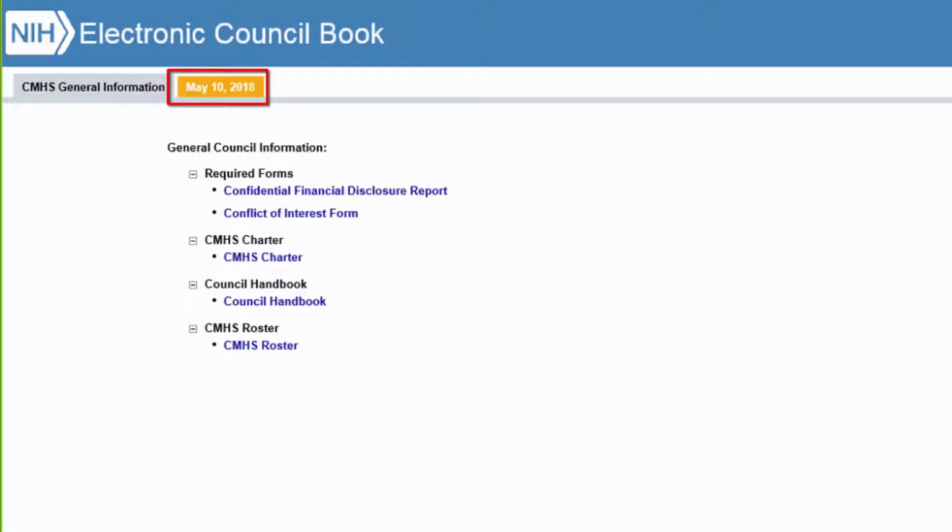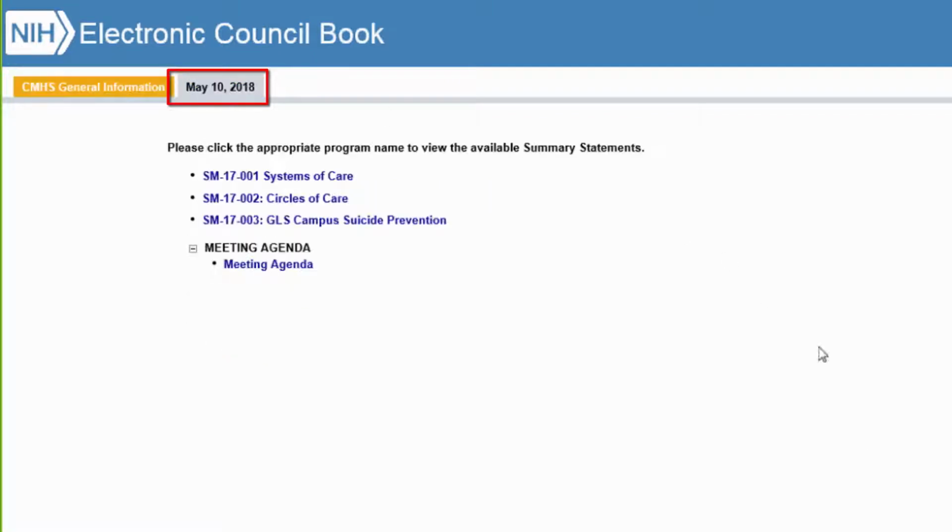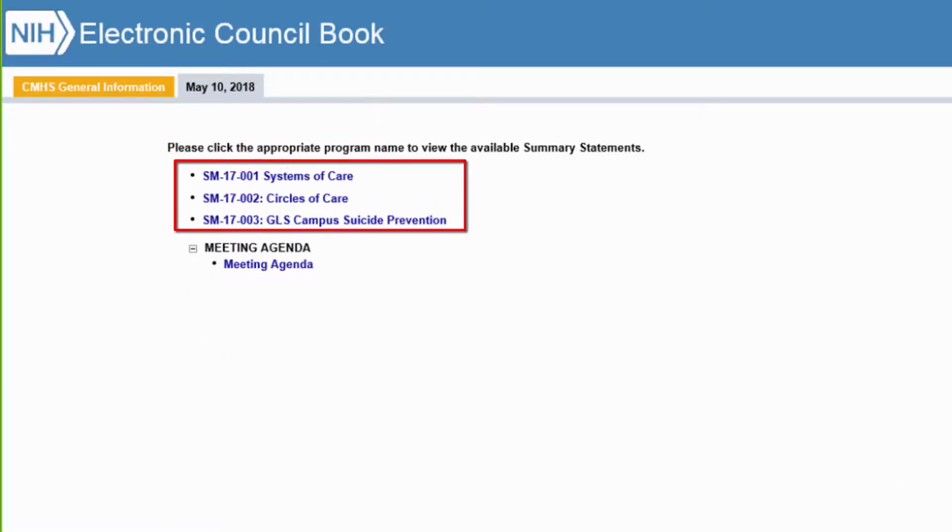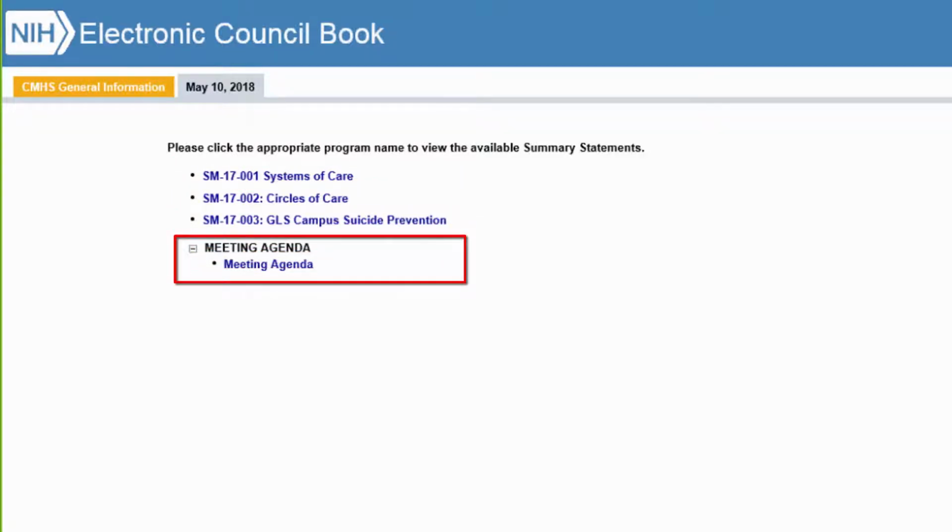The next tab will be labeled with a date. This date identifies the date of the grant review meeting. Click on this tab. This tab includes the name of the programs that will be reviewed during the meeting. The name of the program and the FOA number is a hyperlink that you click to view the list of applicant summary statements. In addition to the program links, this tab will also include a link for the meeting agenda,